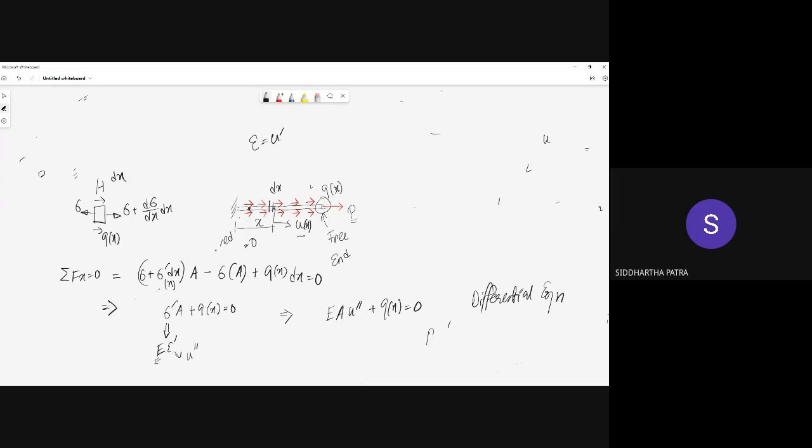Okay, it's a second order differential equation, so I have two boundary conditions. Number one, which is evident, the essential boundary condition in gamma u, which is at x1, u is 0, and number two is called the traction boundary or gamma t, where basically you have been given EA u prime equals p. So this is where the Dirichlet boundary condition is given. This is where the Neumann boundary condition is given.